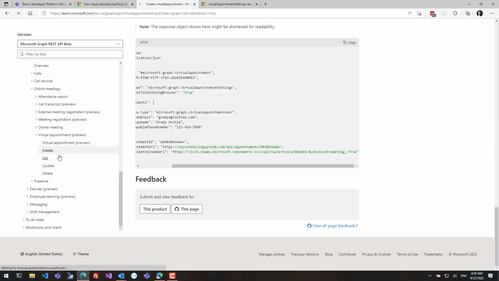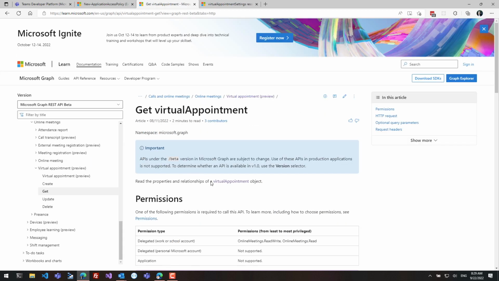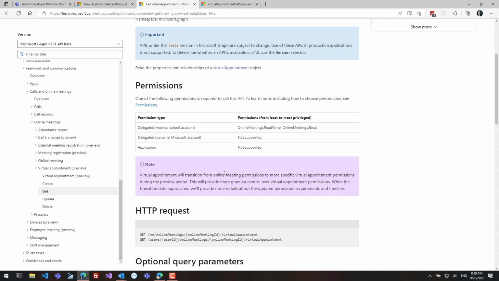That's the one that you want to pass to your user. That is the one that is going to give them that meeting experience. The other APIs we've got here really just let you get back and update and delete that same information. So if you're creating virtual appointments as part of a flow of a bigger system, these APIs will